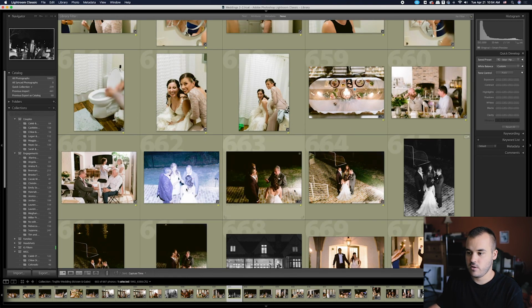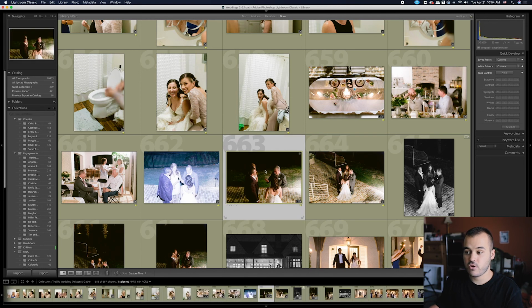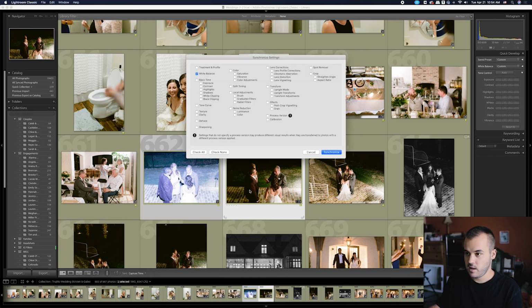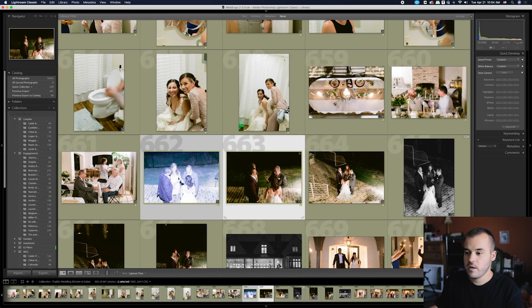I don't know what's happening here, but essentially if this one I have selected, 663, was already edited from sneak peeks, and I imported 662, select that, and then Command-Shift-S to sync it. I always turn off local adjustments, transform, crop, and spot removal. And then